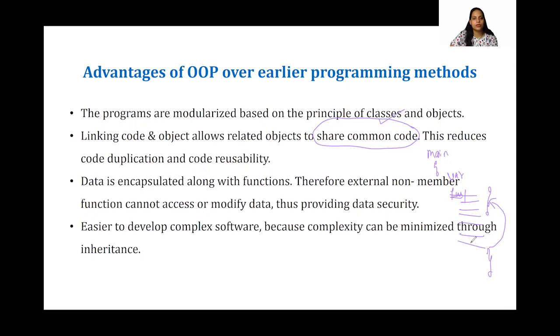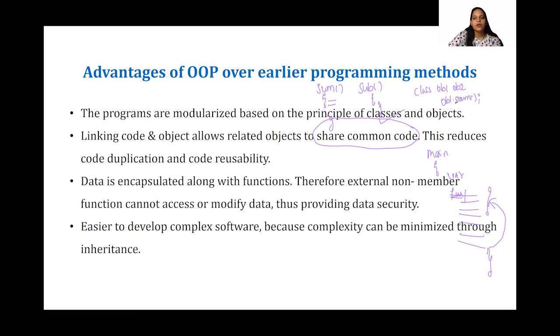But when it comes to object-oriented programming, it makes our life easy. Once you write the code for sum, if you have written a method for sum, then you don't have to write it again and again. Suppose I have a function called sum, and also a subtraction function, and if in the procedure I have to call the sum function and subtract function two times, then all I need to do is create an object. Suppose this is a class, and I am creating object1 and object2. Using these objects, all I need to do is call object.sum.